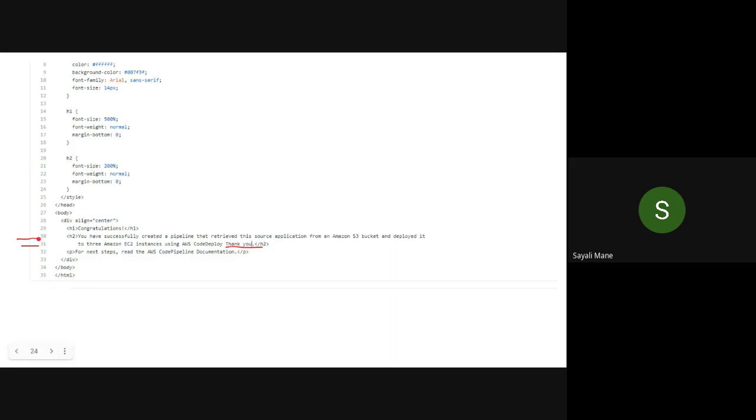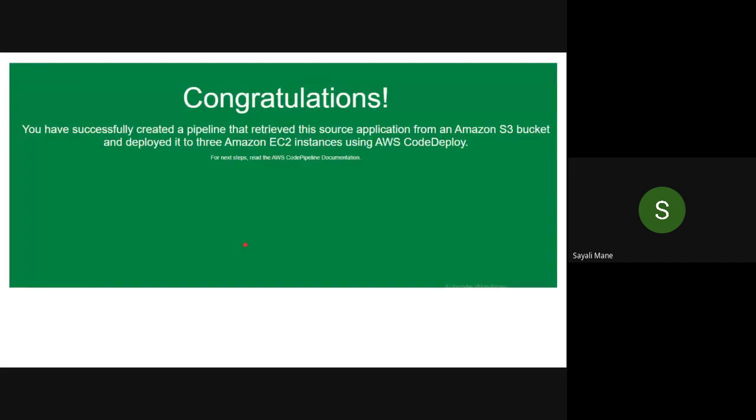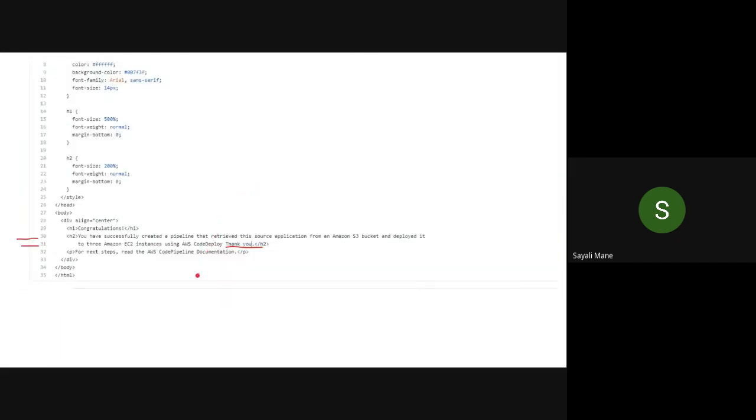So now go to line number 30 and 31. You will see the message, You have successfully created, and all this. The one which I got, see this message. This congratulations message, okay? So now just simply delete the message and type anything, like this is class something, any simple statement.